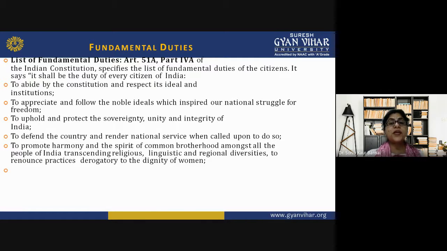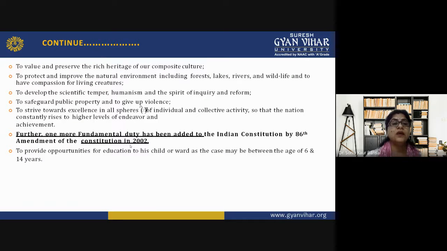So this is especially given that the Indian Constitution specifies the list of fundamental duties of the citizens, not only the rights, but it also defines the duties. It says it shall be the duty of every citizen of India to value and preserve the rich heritage of our composite culture, to protect and improve the natural environment, including forests, lakes, rivers, wildlife. It is our fundamental duty to protect all these things and living creatures, to develop the scientific temper, humanism, and the spirit of inquiry and reform, to safeguard public property and to give up violence,